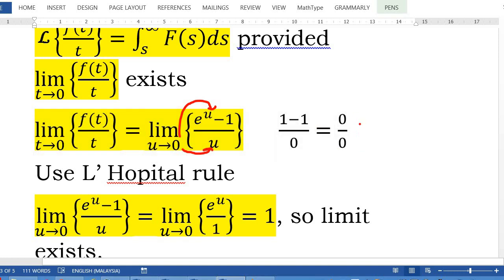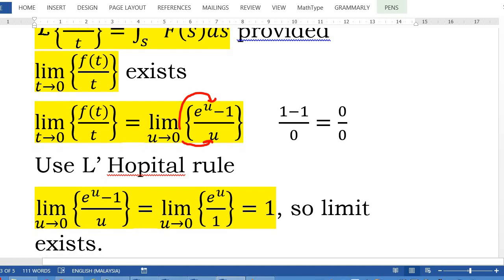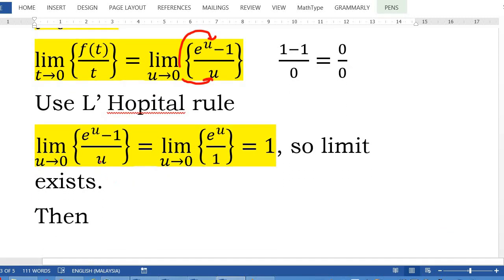So this is an indeterminate form, as we learned in the previous lecture. Hence, to get the limit which is in an indeterminate form, either 0 over 0, infinity over infinity, or infinity minus infinity, you can use L'Hopital's rule,